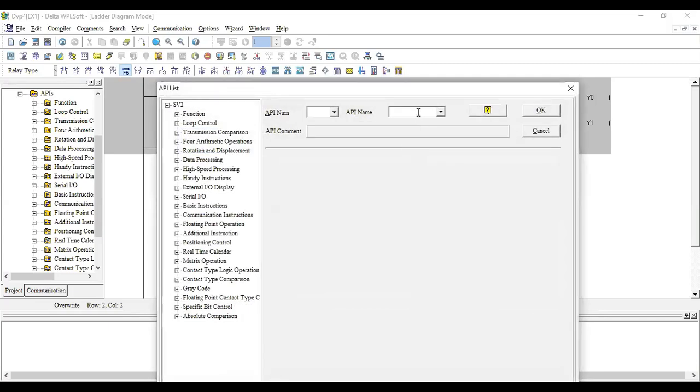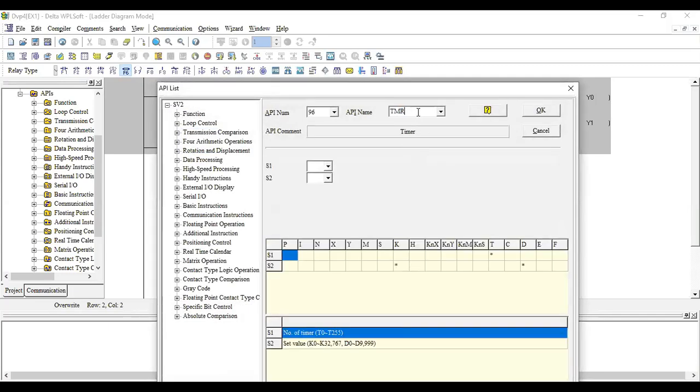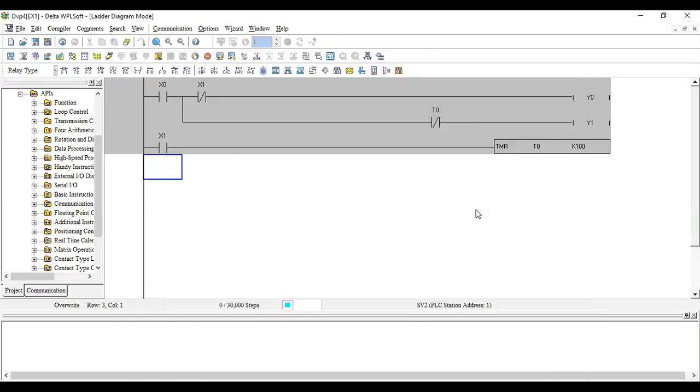I'll just open up TMR, timer. And I'll just take T. Thus I'm going to use timer 0. Okay, so I have to mention the duration. This is for say a 10-second delay. So I'm just giving it as 100. I'll just give a OK. Fine. Now the program is complete.